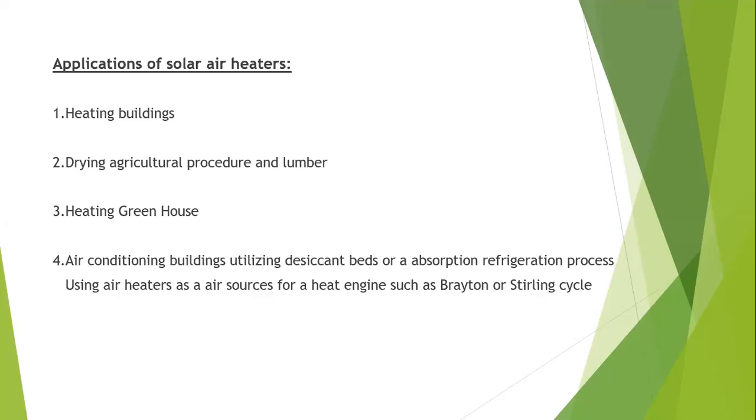The second application is drying of agriculture produce and lumber. This is the main application for solar energy in southern Mediterranean countries. In agriculture, it is the drying of agriculture crops. The optimization of dryers necessitates complete knowledge of the whole drying process. Thus, this leads to energy savings and avoids environmental problems by using these types of renewable energy sources. So we are using this type of solar air heaters for drying agriculture produce in India also.